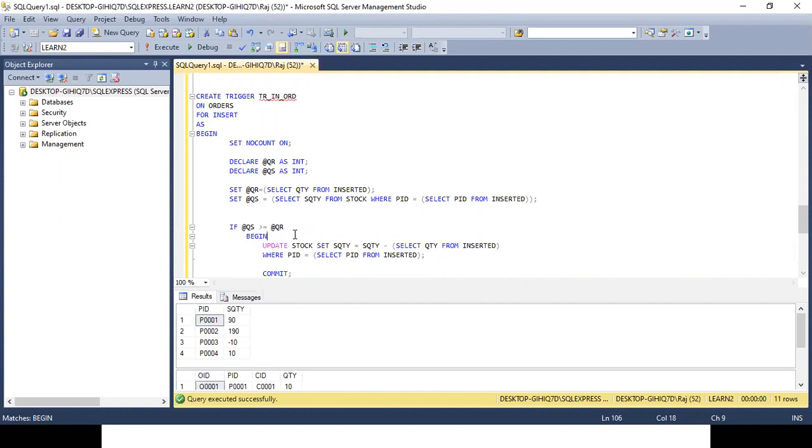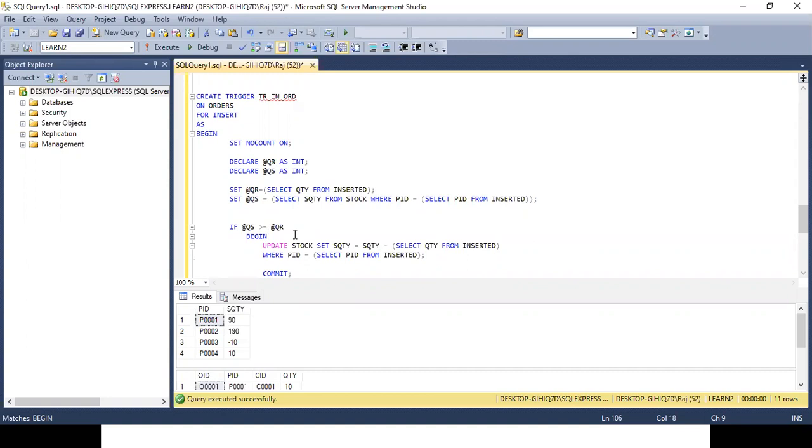And select @QS, that is quantity in stock, equal to select quantity from stock where PID is equal to select PID from inserted. So for that respective product, we have retrieved the stock quantity. Two points clear? I'm explaining this line by line because some important point needs to be discovered over here.